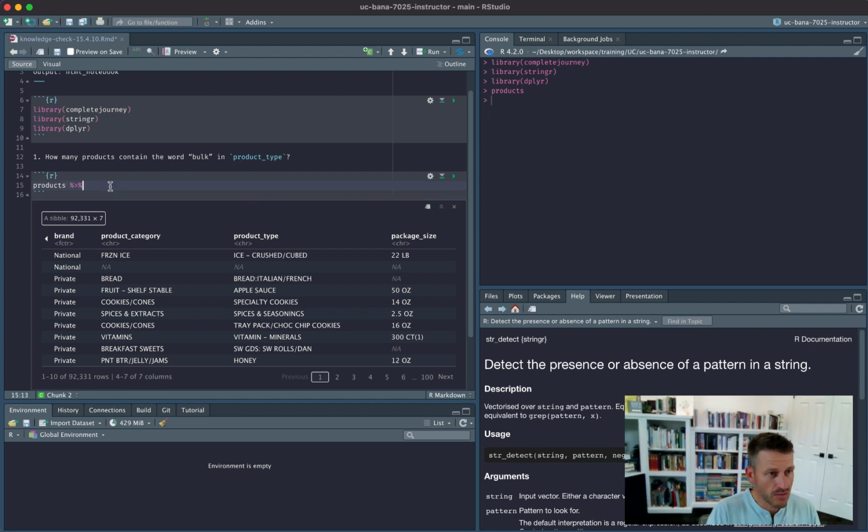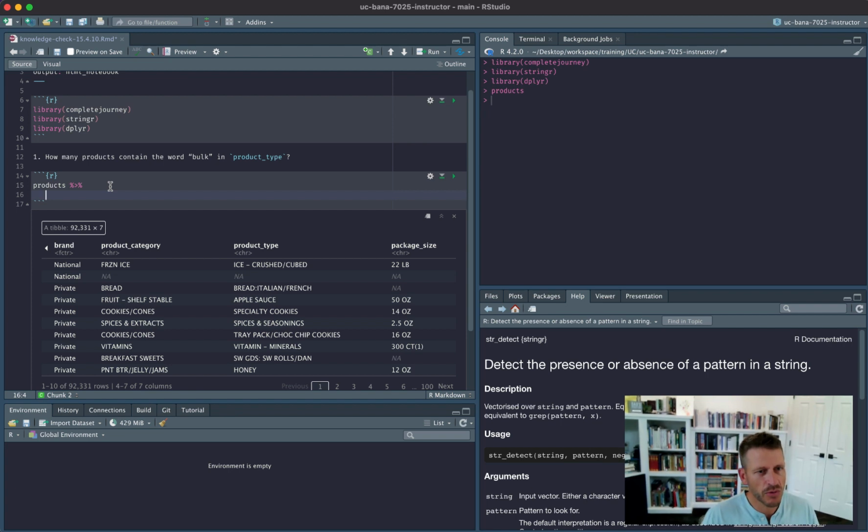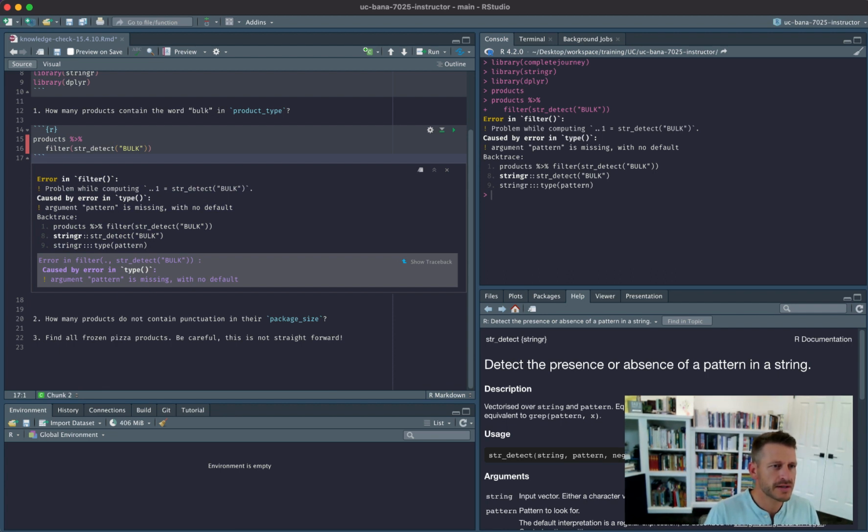So what we want to do is go ahead and filter product type for those observations where bulk is somewhere in the description. Now, a couple different ways we could do this. We could go ahead and just do filter and then str_detect. So we want to detect some string, and in this case, we want to detect bulk. And so if we go ahead and run that,